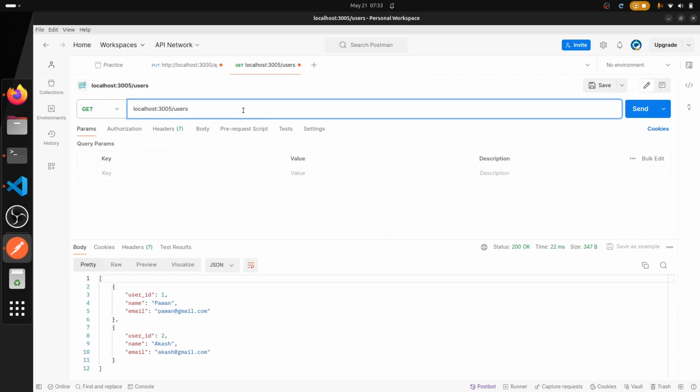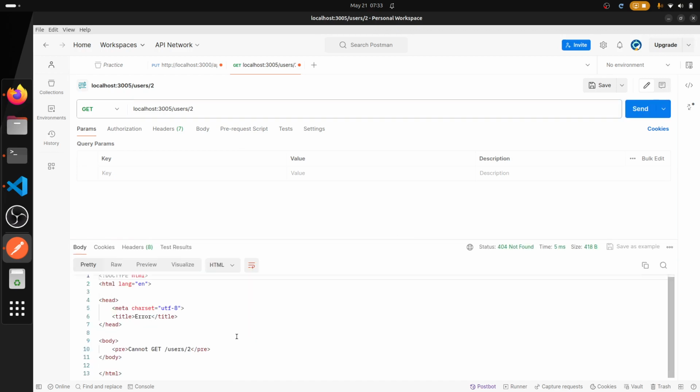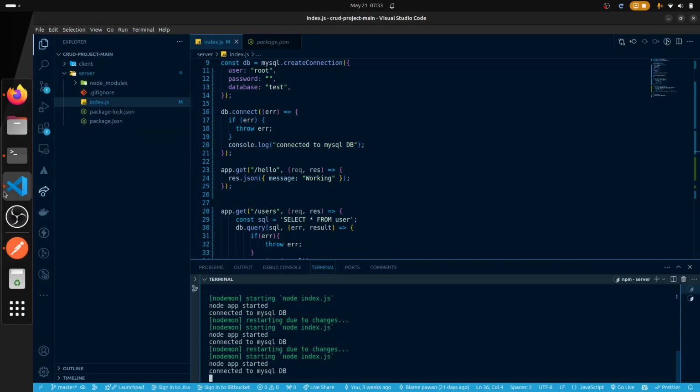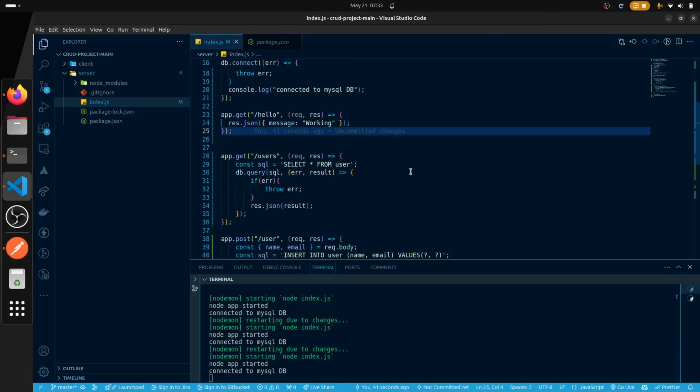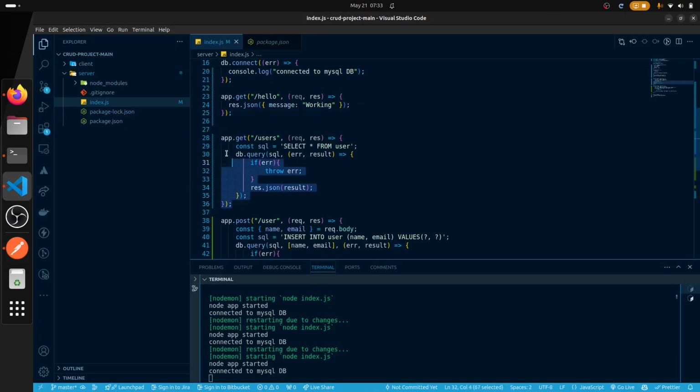Okay, now let's do how to get a user by user ID. If I do /user/1, I should get only Pawan, and if I do 2, I should get Akash only. If I send the request, currently it doesn't work because we have not written the code, right? For it is really simple. We will just copy the same thing here,